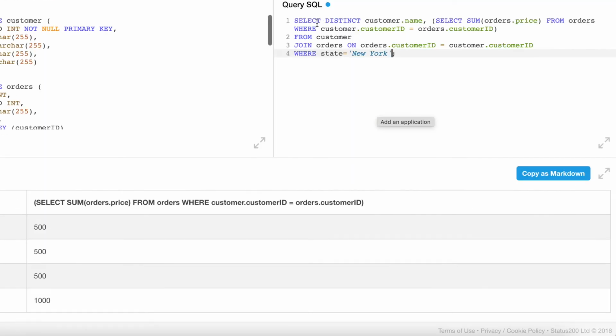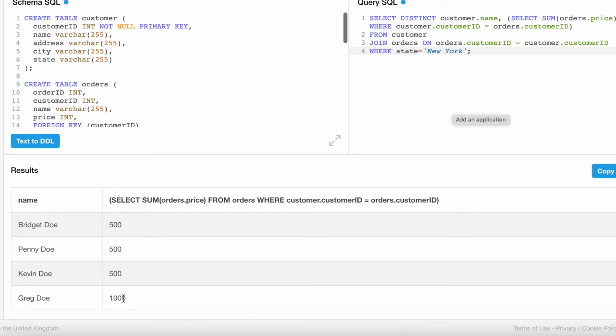This final SQL query using joins is a more complex query and is a good example of a query that is really only capable using SQL on a relational database. As you can see, we select the distinct customer name as well as the sum of all the orders that customer has placed from the customer table, which we use a join to then only get the customers that have placed orders, and finally a where statement that only gets the customers in New York. This more complex query is a good example of how SQL lets us manipulate the data to get exactly what we want.